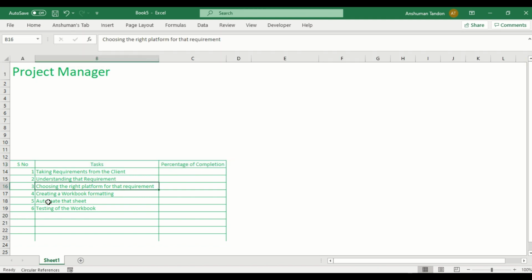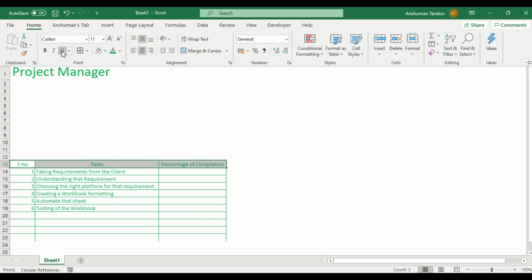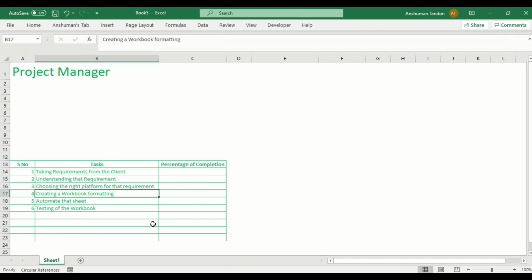So you can see that I have got this over here. Now what I can do again is I can just go and make them bold, so that they will look like a heading. Okay, so if I want to give that percentage of completion, simply I will put a total over here and do the sum of this. So let's say I'm doing this sum, and instead of any number format I will give it a percentage format.